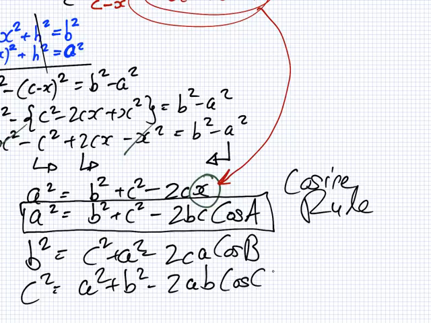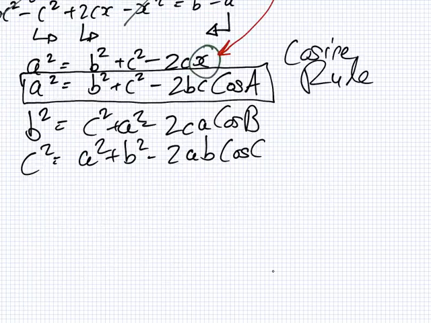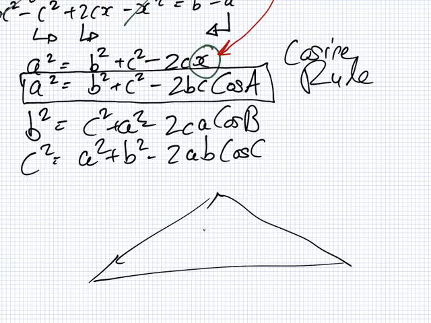I'll show you how to use it though. You just, instead of finding the side, find the angle. You can use the cosine rule to find angles or sides. But what makes it different to the sine rule is the following. Can I scroll down a bit? Yeah. So you use cosine rule when you have